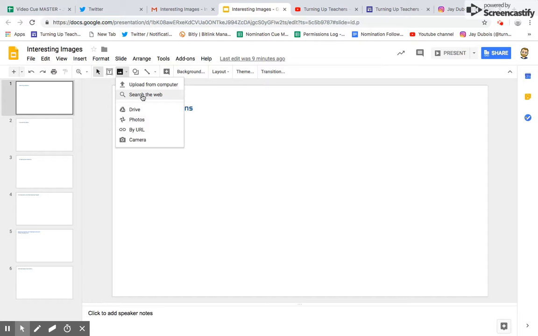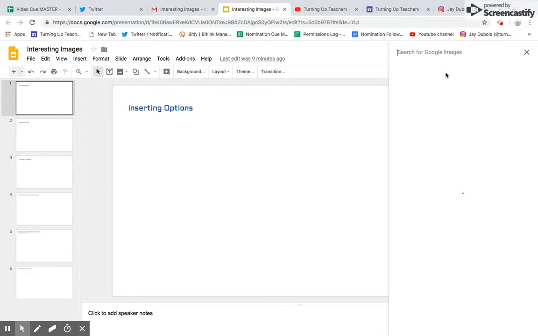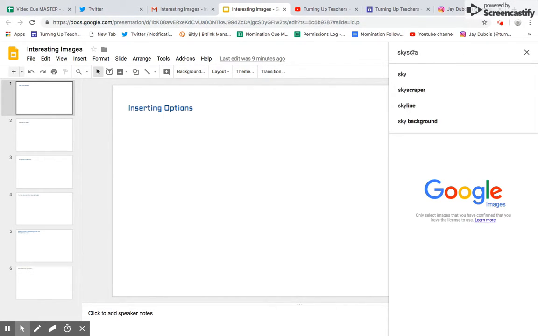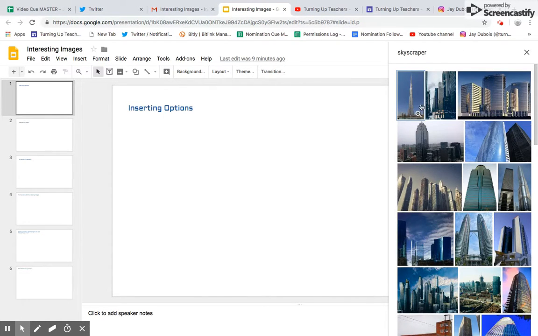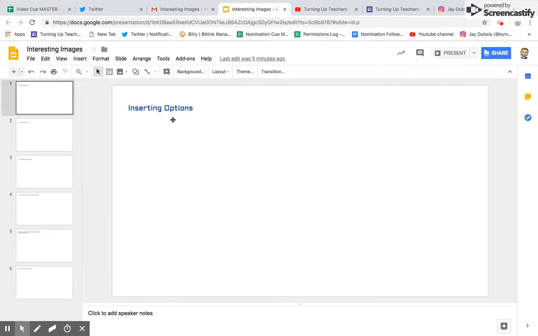Search the web is a safe search, at least in our school board, where they're filtered results for kids. And when you click this option, you're searching for your Google images over here. The options that come up might be a bit more limited versus if you just did a wide open search on a different tab. However, most of these have been filtered and are for educational use, and kids are able to use these images without breaking any copyright. So I make sure that my students stay inside this search parameter from right within the